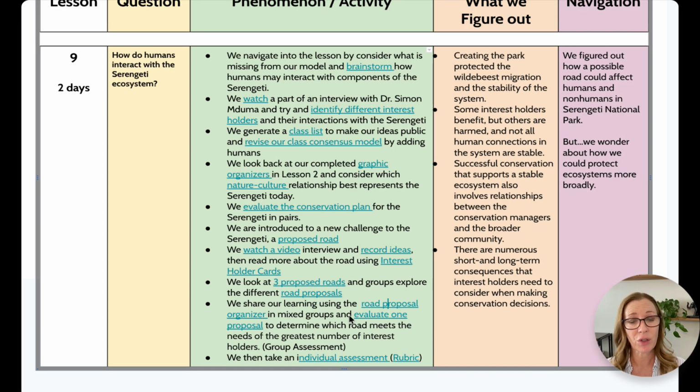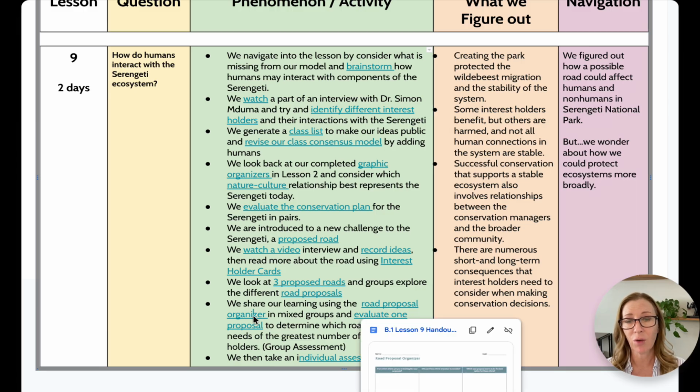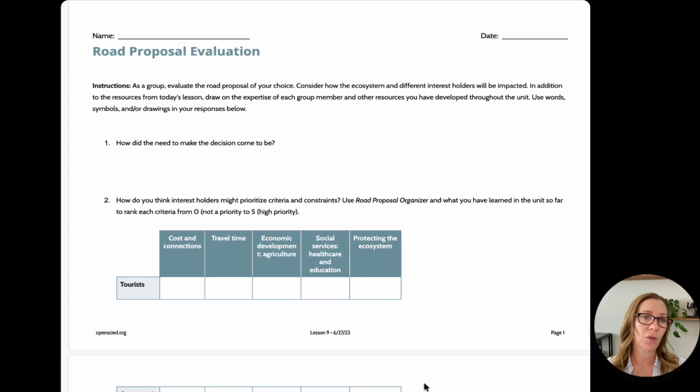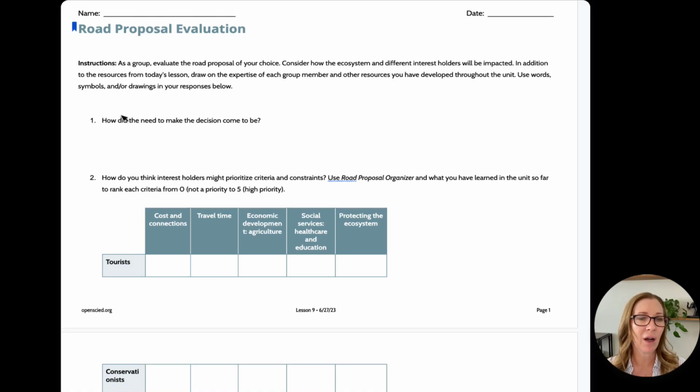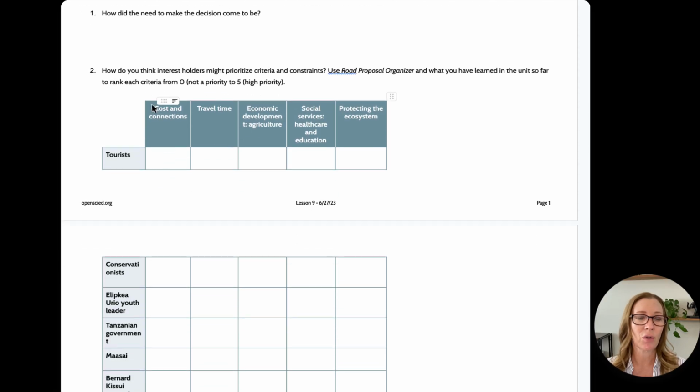So first, they're going to complete the road proposal organizer in groups with like people, so that all are looking at the same road, and then we mix them up, we share, and we evaluate one proposal to figure out which one best meets the need of most people. Now, this is a group evaluation or a group assessment, and so it's preparing them for their individual assessment, but they're going to make a decision, they're going to rank the